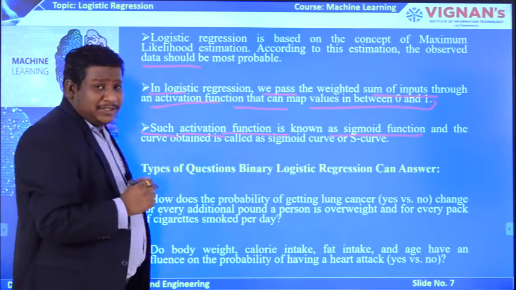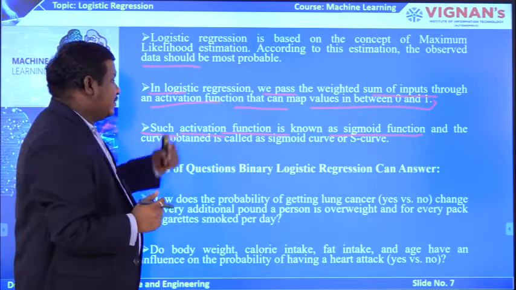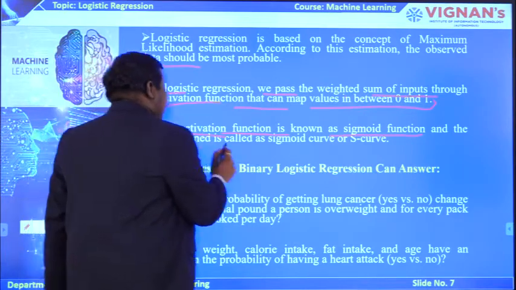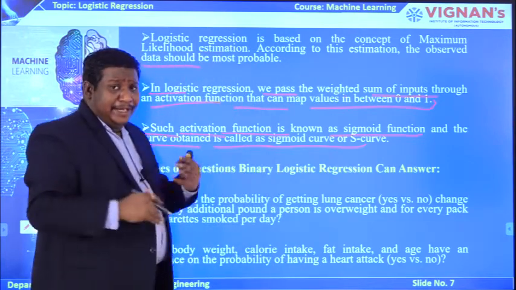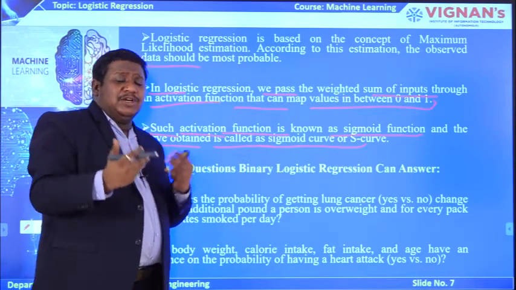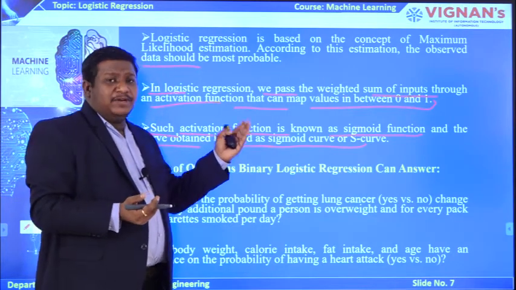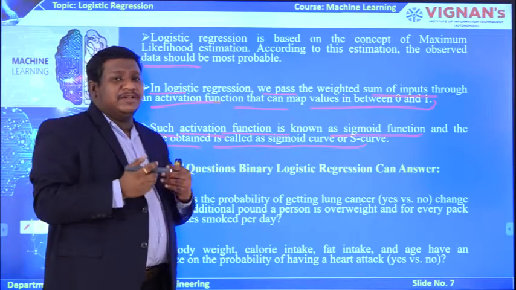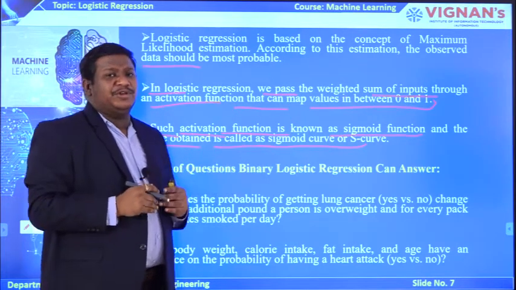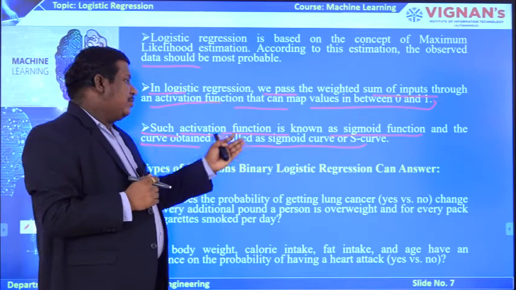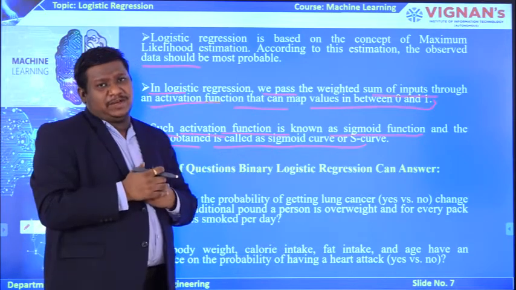So, in logistic regression, whatever function we are going to derive can be taken here as the sigmoid function, and the curve obtained is called the sigmoid curve. In linear regression, we use the linear function to derive the linear regression curve, whereas in logistic regression, we use the S-shaped curve, the function called the sigmoid function. With that, we generate a curve. That curve shape, or the curve model, is the sigmoid curve, in the form of an S curve.